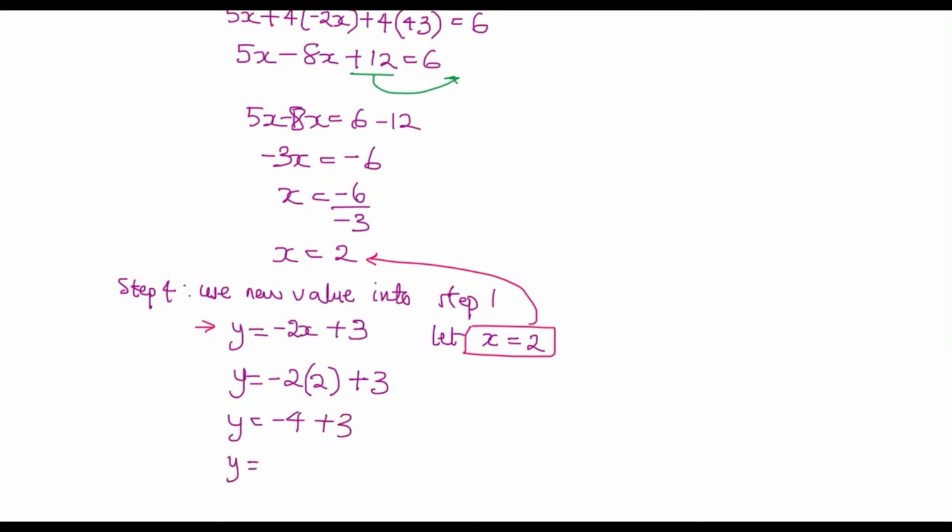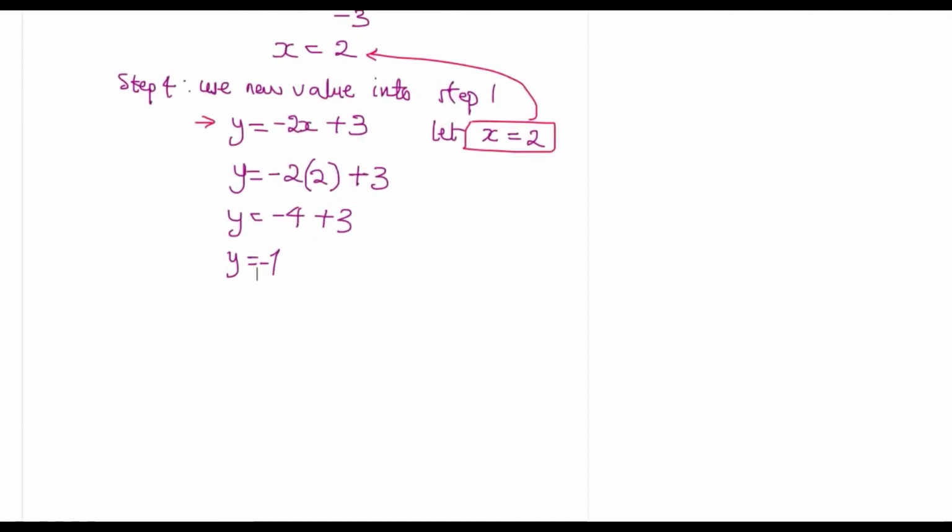So y is equal to -2 times 2, which gives us -4 plus 3, therefore y is equal to 1, sorry, -1. So that is about it in here. We are now able to solve for our y and x, which makes us realize that for our step 5, we know that x is equal to 2 and our y is equal to -1,